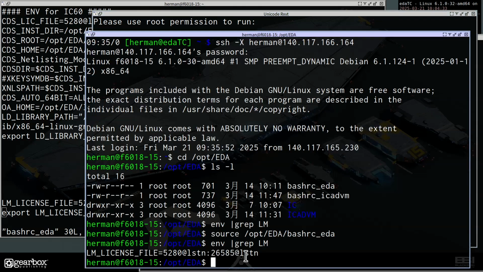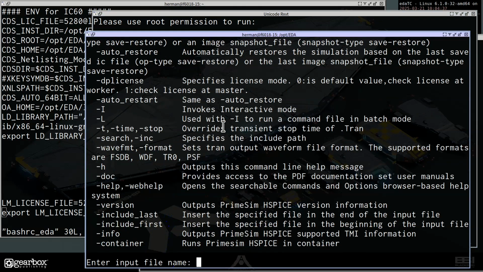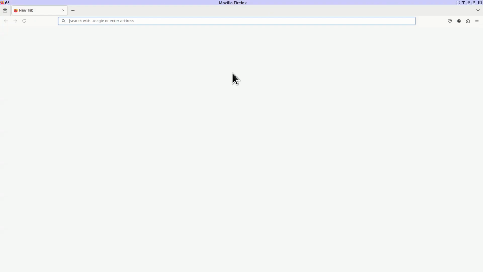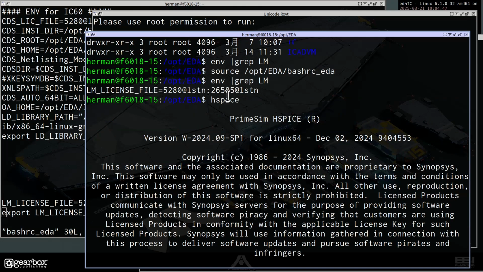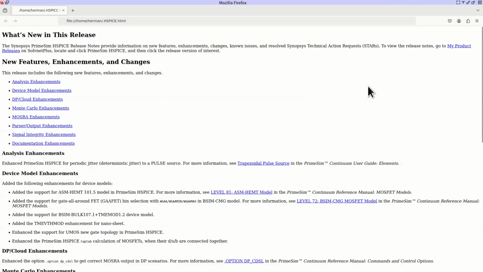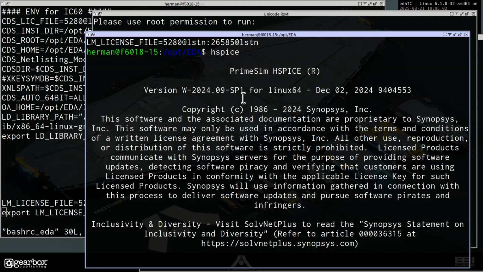So we can run HSpice. Enter. You can see that it shows you PrimeSim. If you type HSpice, it shows you PrimeSim. Okay, if we type HSpice here, you will see that this is PrimeSim. The HSpice version is 2024.09-SP1 Linux 64 version.